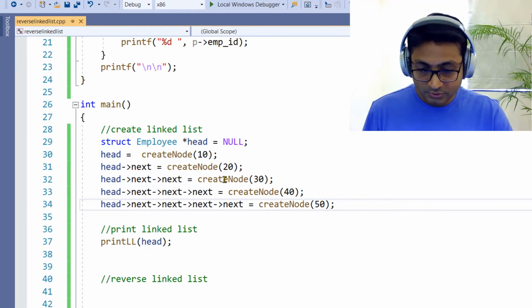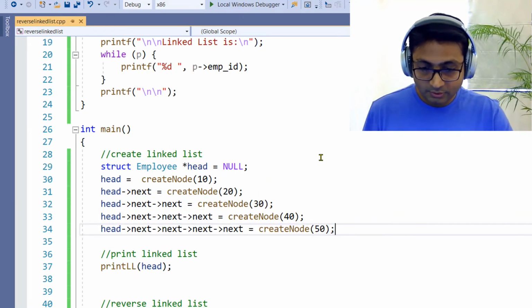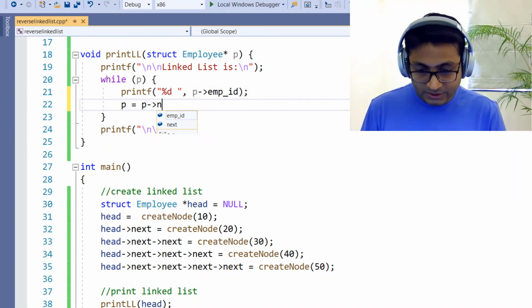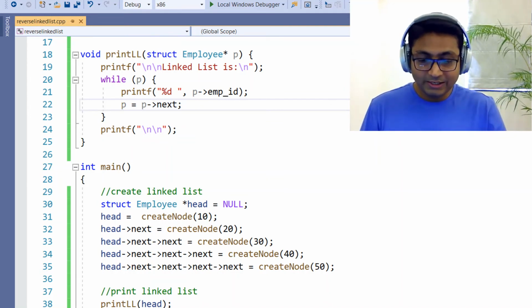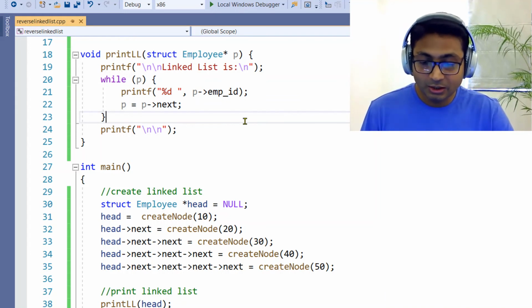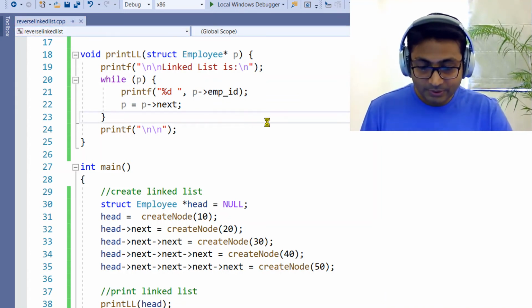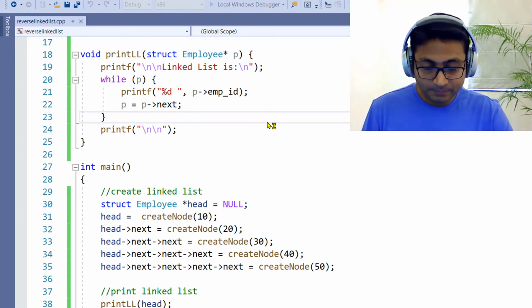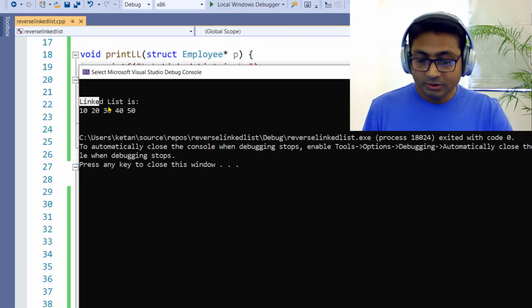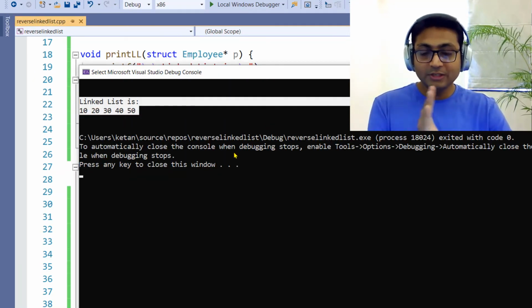So first is second, third, fourth, and fifth. 5 nodes I have. Okay, so here I have to say p is equal to p's next, isn't it? So that's how we will move to the next node. Otherwise, we will be printing the same node again and again. That will be endless loop. So let me again print it one more time. Execute this one more time. Perfect. So here is my linked list, the nodes of the linked list. First 10, 20, 30, 40, and 50.